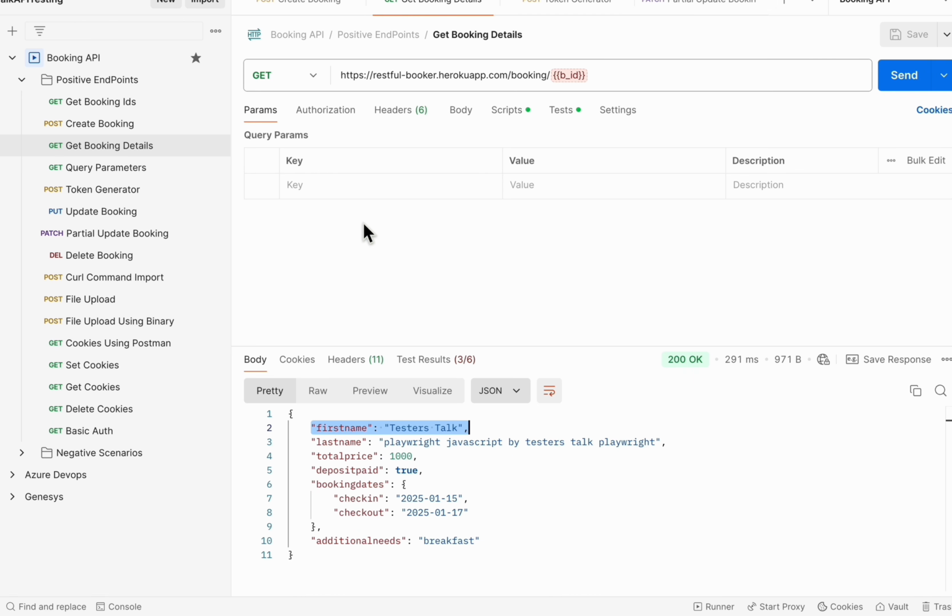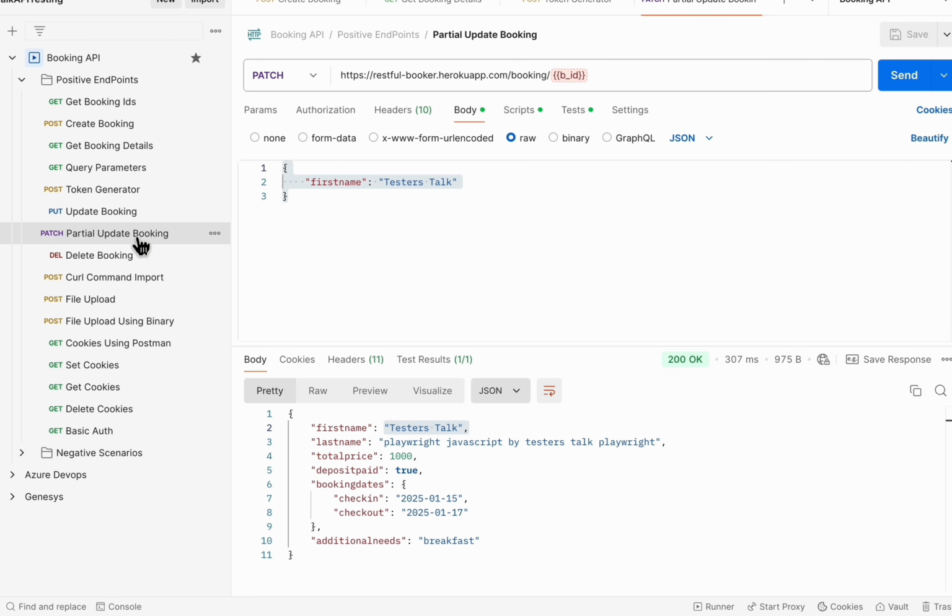So far we have already automated the create booking API, get booking details API, and also we are able to generate the token for the PUT API request. So only we have to create the PATCH API request using Playwright now. So here what I will do, right? Simply I will go to the partial update booking API. Simply I will copy the API request body, and then